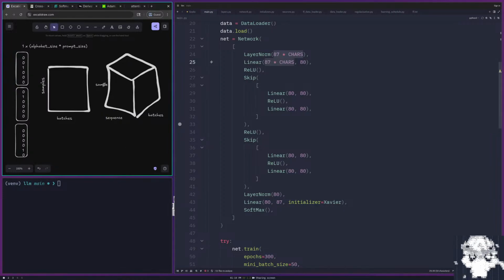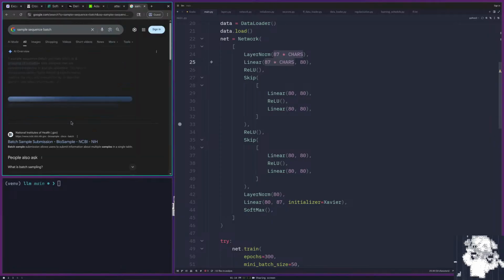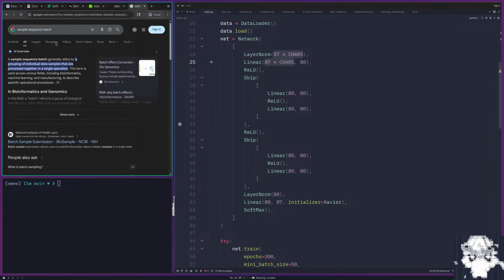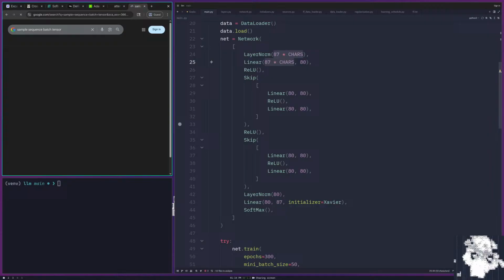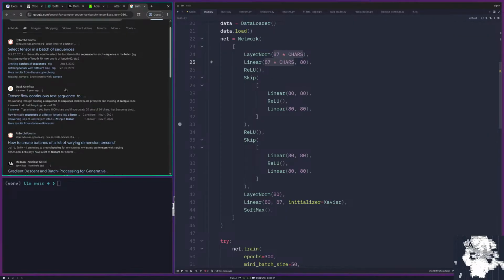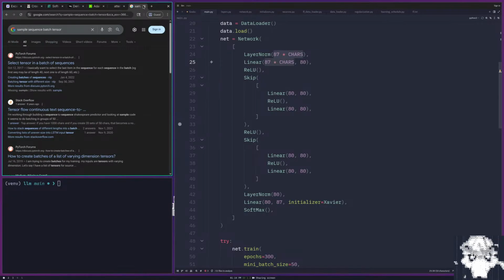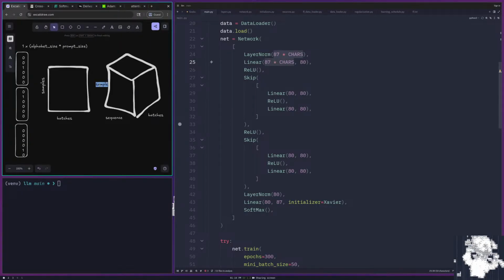So instead of calling it sample and sequence, what do people call it? Sample, sequence, batch, tensor. I don't know what people call it, but I'm just going to call it